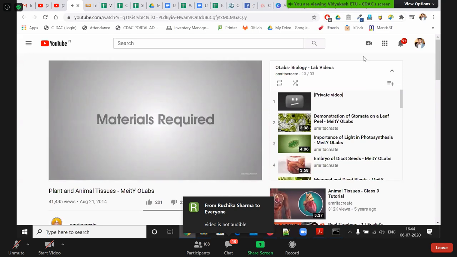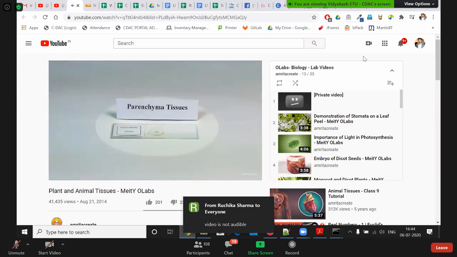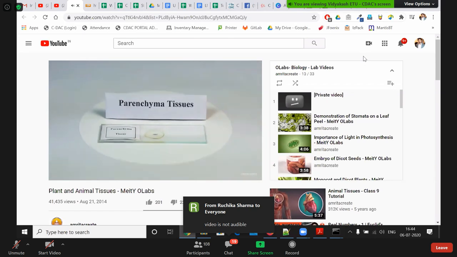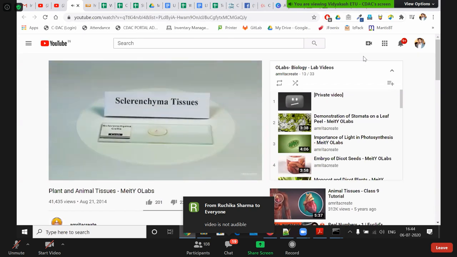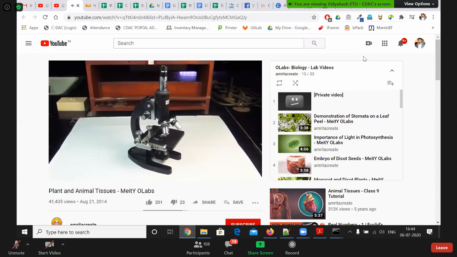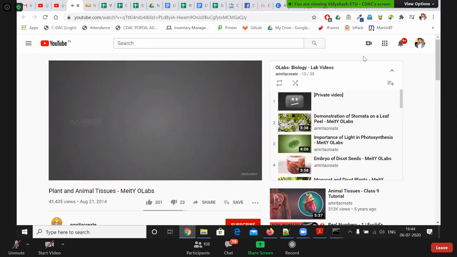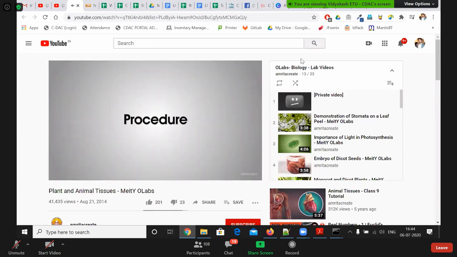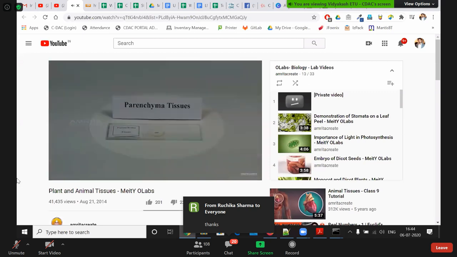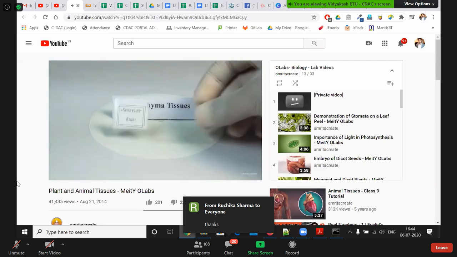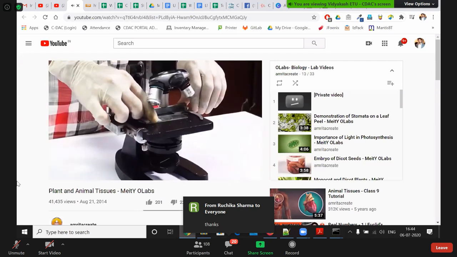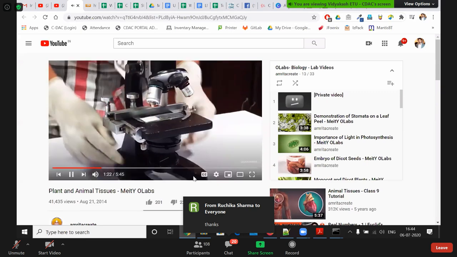Materials required. We will require permanent slides of parenchyma tissue and sclerenchyma tissue and a compound microscope. Procedure. Take the permanent slide of the parenchyma tissue and place it on the stage of the compound microscope.